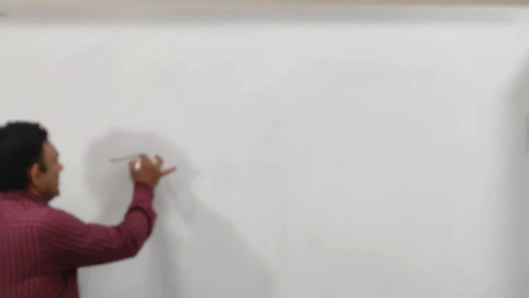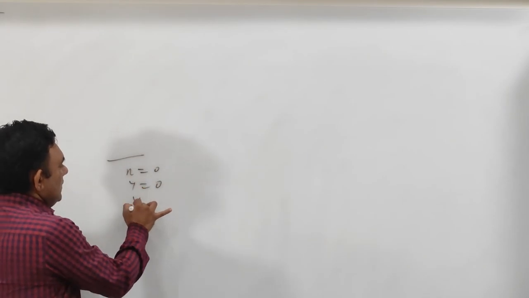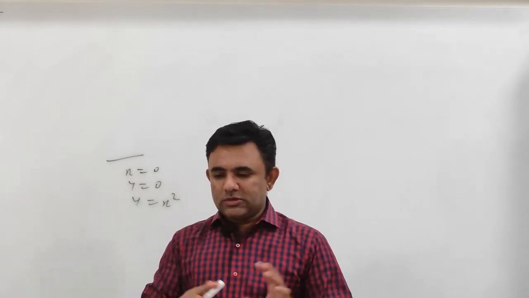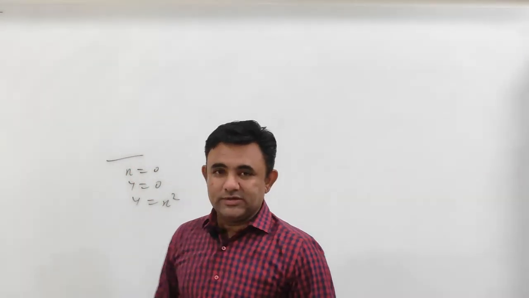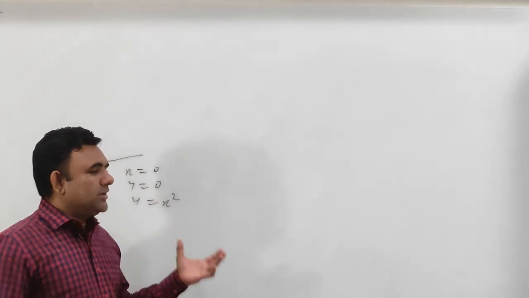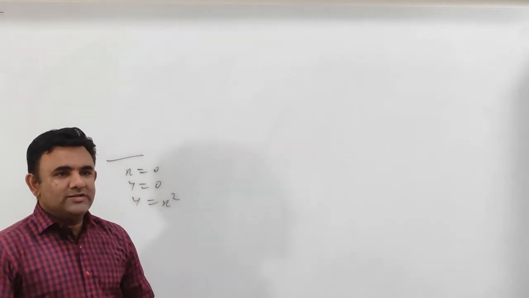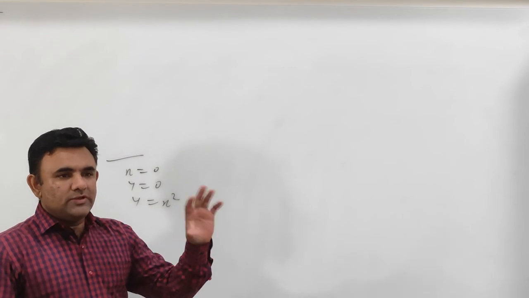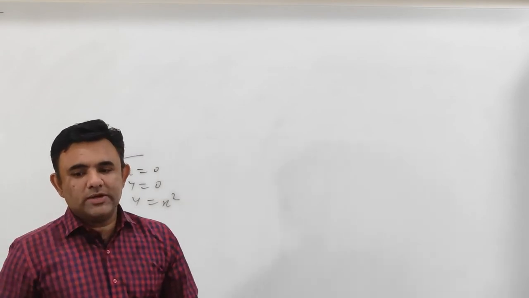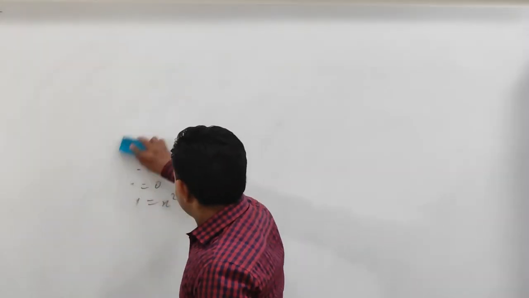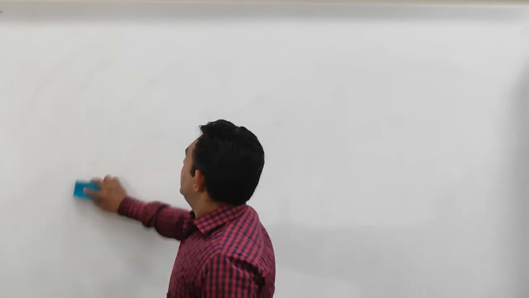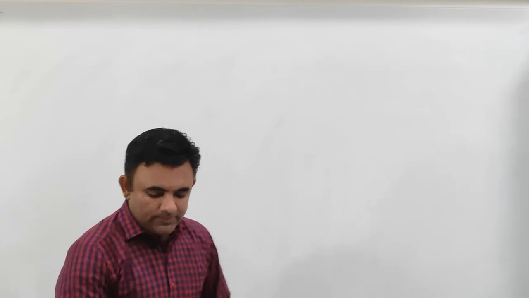The region is bounded by some given curves, say x is equal to 0, y equal to 0, y equal to x square, like that. Then we have to first draw the region of integration. We have to create a rough sketch of the region, and then we will decide which curve bounds the region, so what are the limits of the x variable, what are the limits of the y variable, etc. So let us consider some examples of this type of multiple integral. So we start with the example.